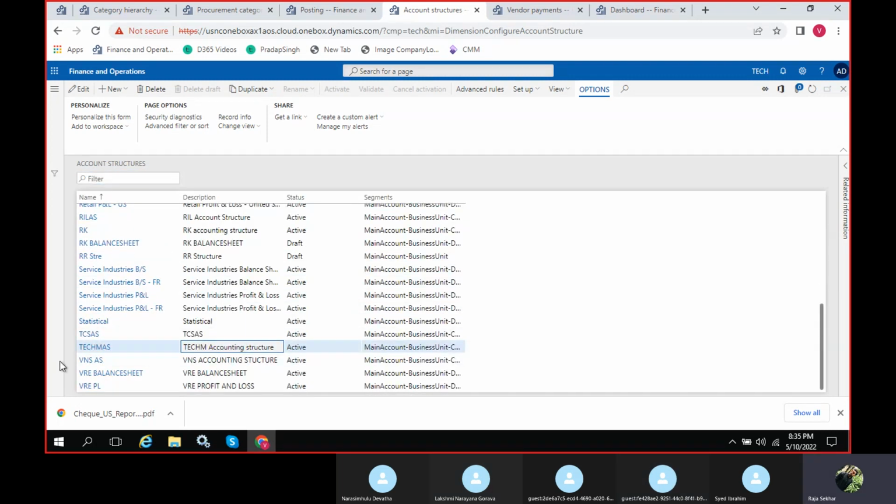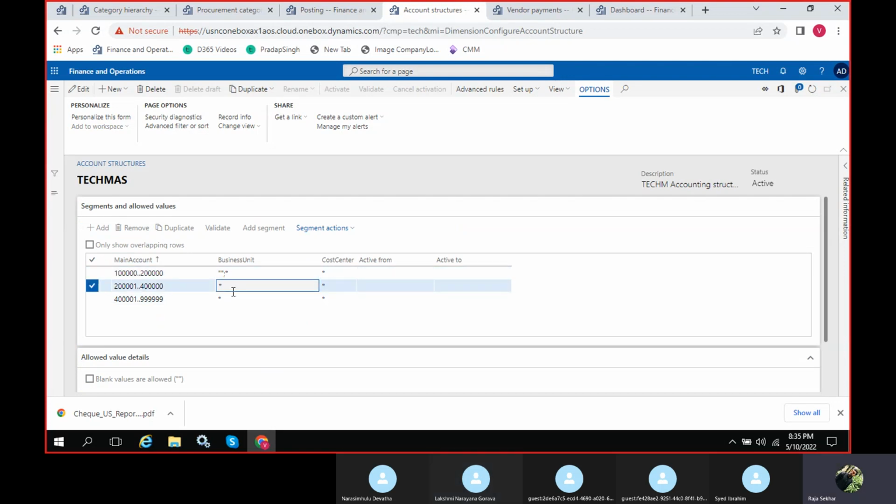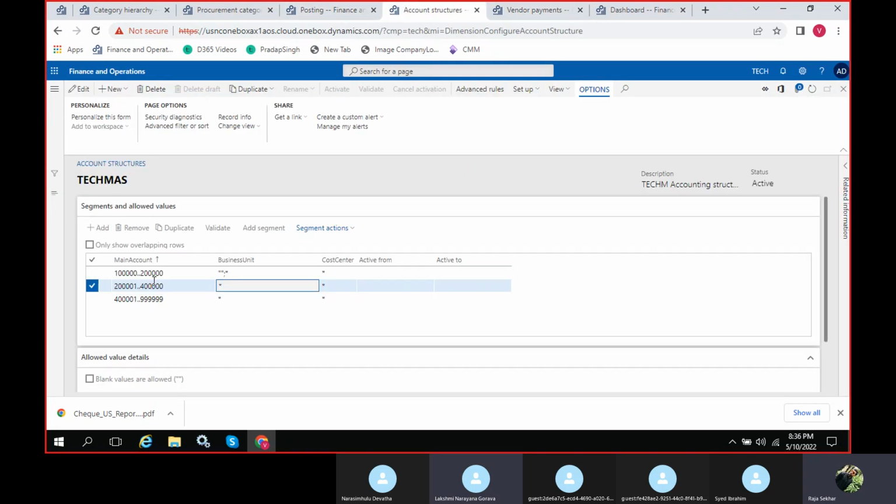So here, this is the account level I have taken. This account will come under this section. And for this section, business unit and cost center, what have we kept? We have kept them as mandatory.